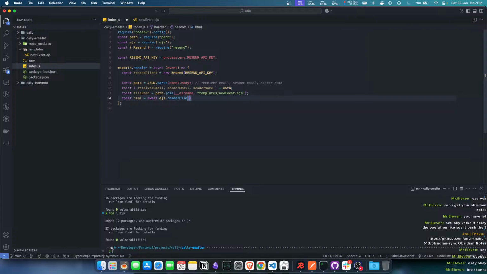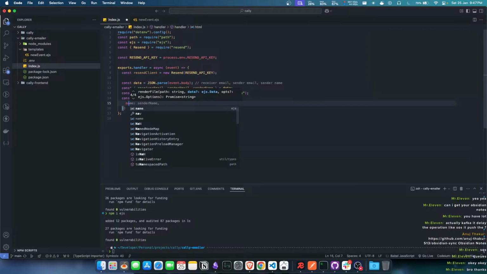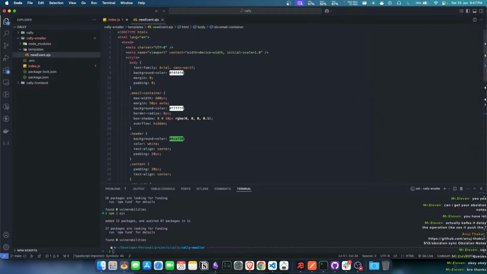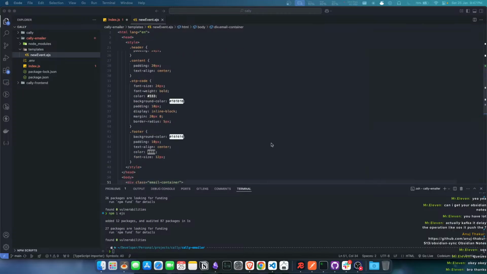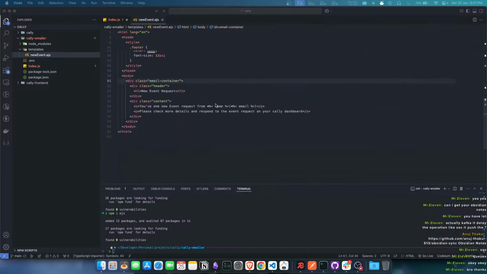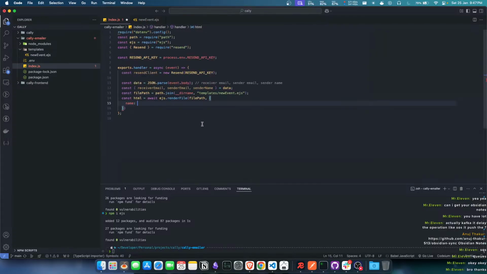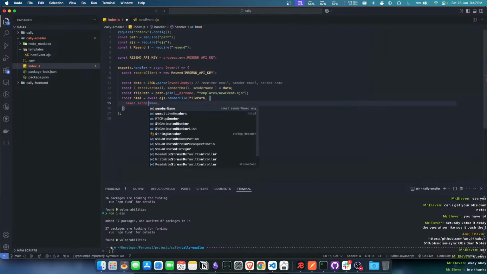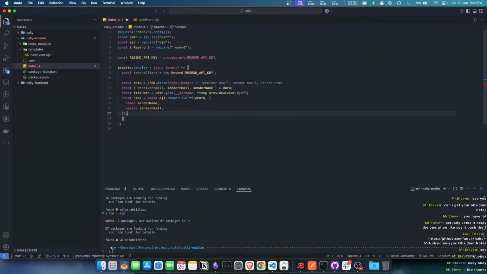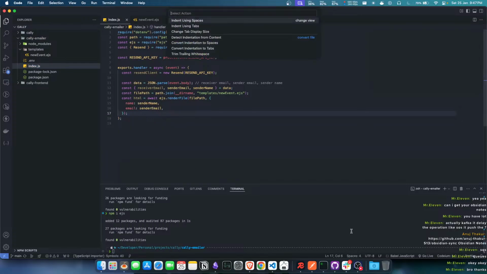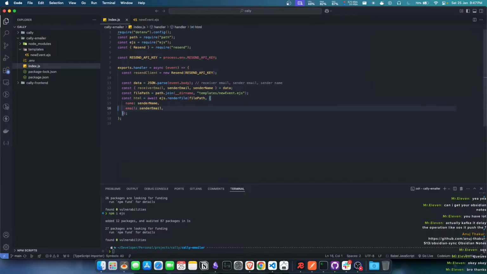Templates and event.js. Then you have the file path, and you need to pass the name and email. Okay, what is it saying? You need this. Okay. Then what we need to do is